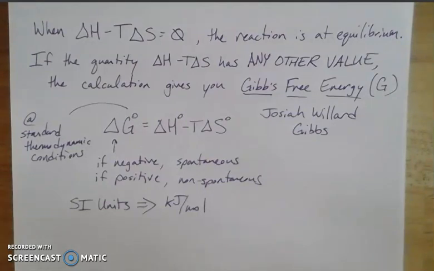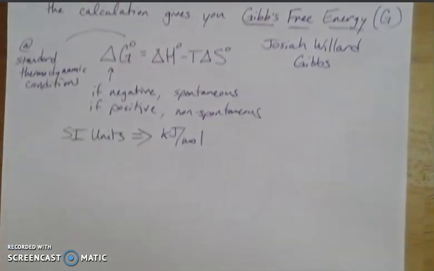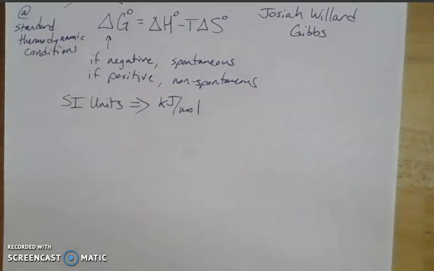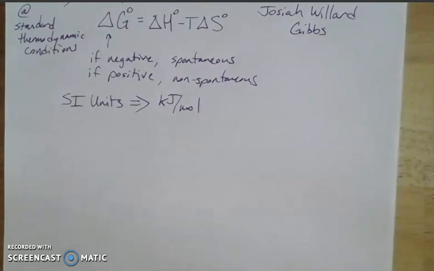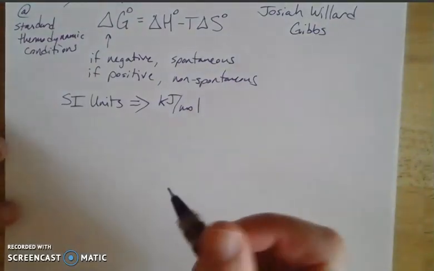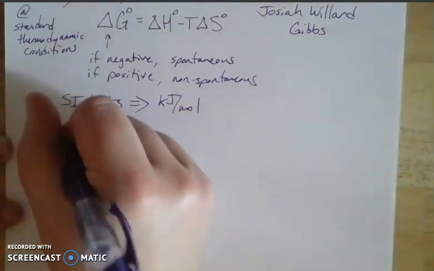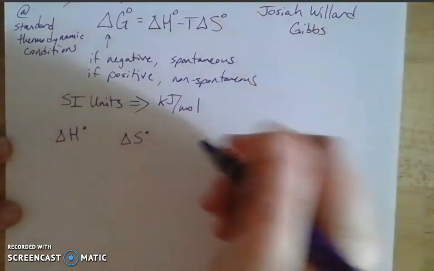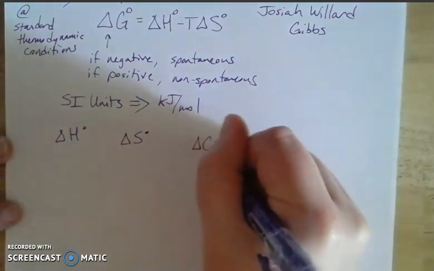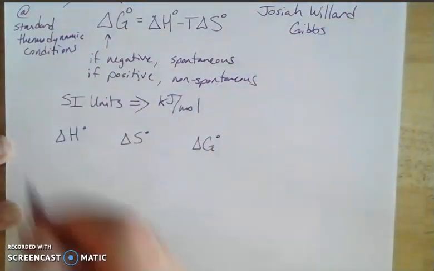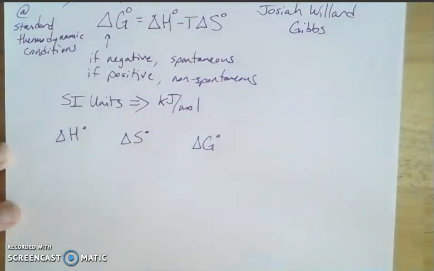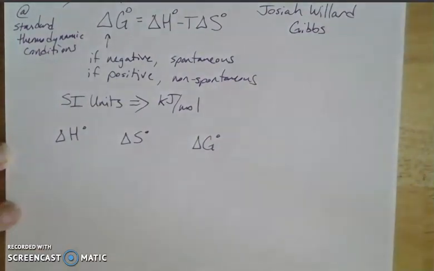Okay, so let's think about this conceptually then. If we're thinking about our delta G equals delta H minus T delta S, which is going to be the most important equation for the next few weeks of your life because you won't be able to get it out of your head, then let's think about the different signs and the implications. So let's talk about our enthalpy, let's talk about our delta S, and then the impact that would have on delta G, because mathematically speaking, there's only certain things that are going to give positive and negative values for Gibbs free energy.